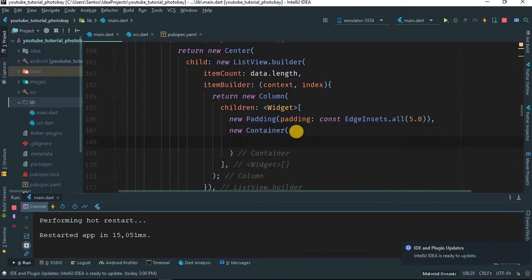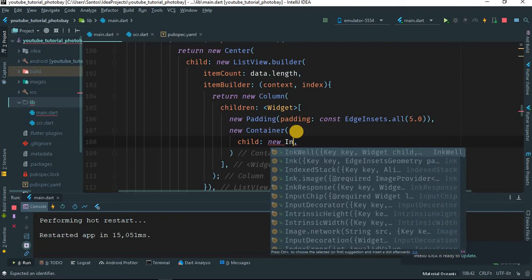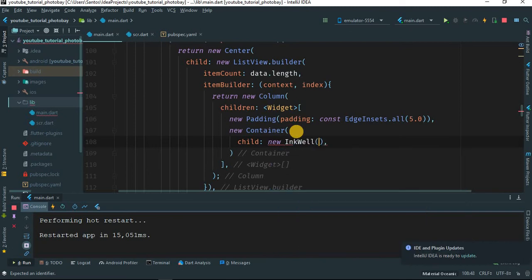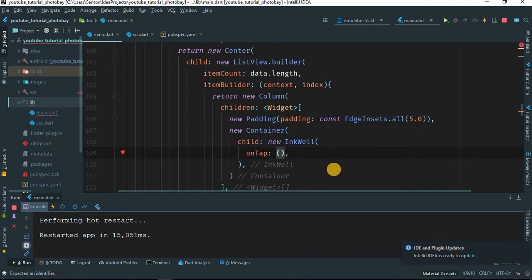and inside of this container I'll give a child of, let's give this inkwell, because I want to be able to tap on the images. I don't want just to have images, untappable images. So let's give this inkwell, and for the inkwell you have to give a property called onTap. For now we'll give an empty function,